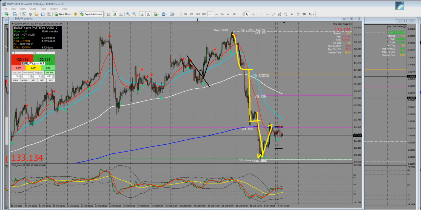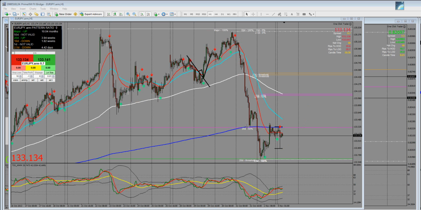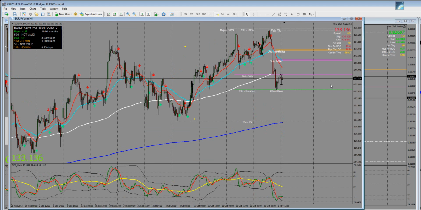Looking at the hourly chart, this is a double top formation here, so we might see this today and then that and then going down again, because the pattern is mixed up again. It's not very clear. So the next level to the downside from here, if we just go to the 4-hourly chart, let's have a look. The next level to the downside from here